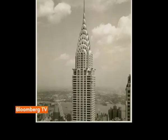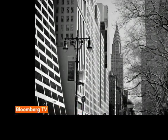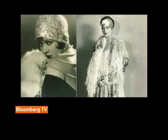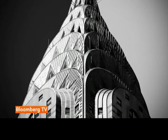The iconic Chrysler Building in New York, built in 1930. The quintessential flapper dresses, the popular cloche hats. Different creative genres, one design revolution. Art Deco. Art Deco has a very organic